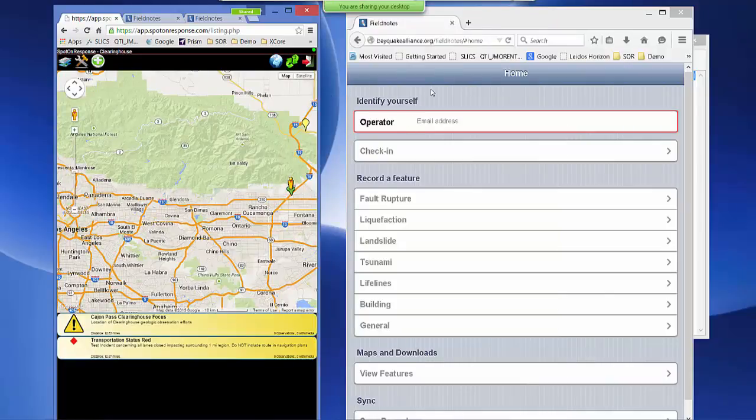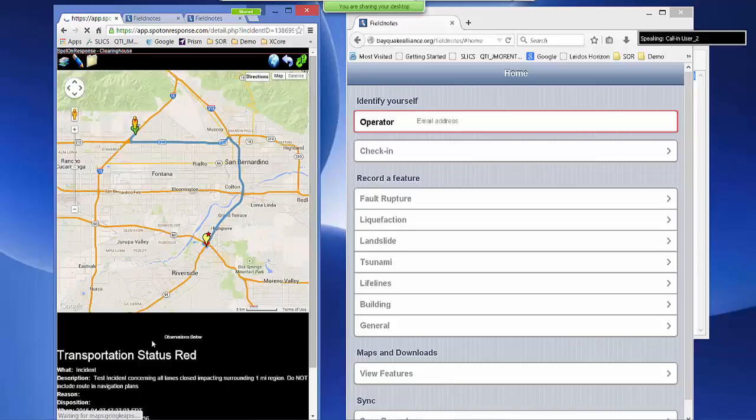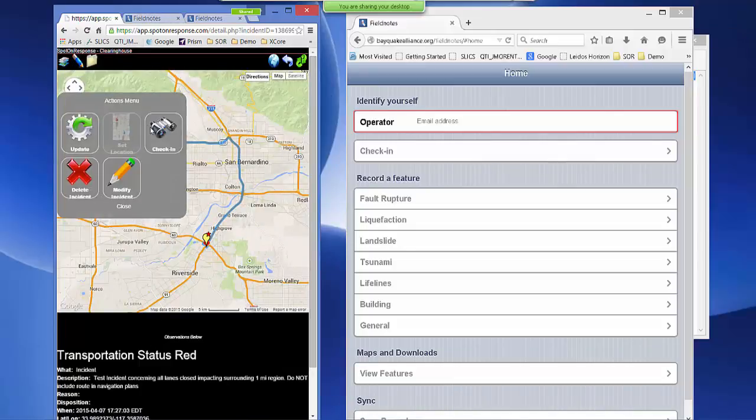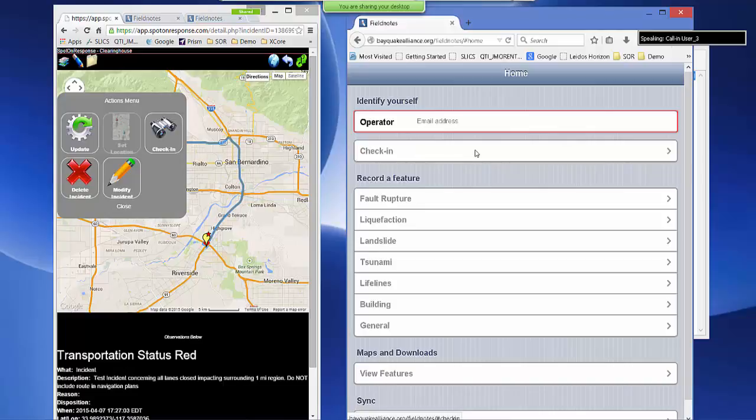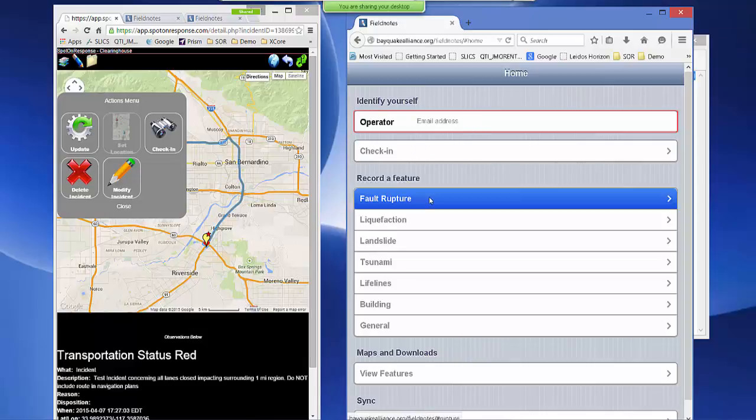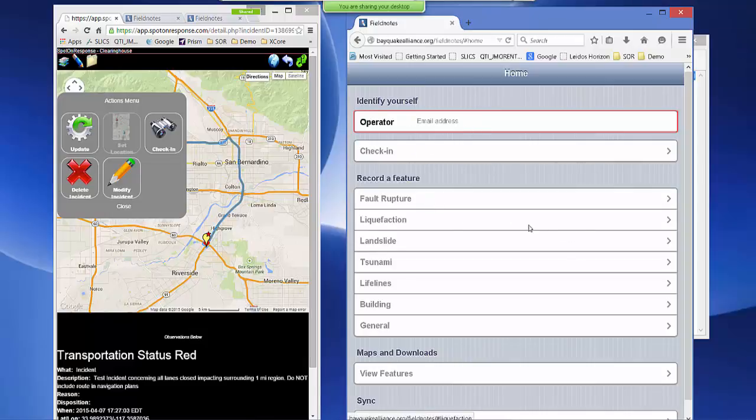Yep, and just wanted to illustrate, and let's go back over to this one with the check-in that Ann was talking about. You've got the check-in over there if you're working through Spot On Response. You've got a separate check-in over here if you're working through Field Notes independently. You'll note that here I've brought up a different browser. It doesn't know who I am,